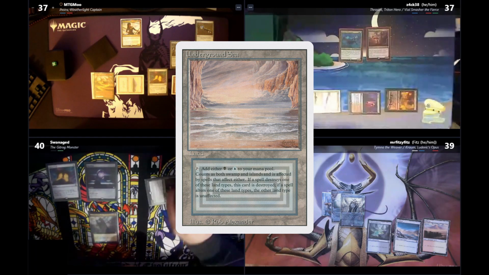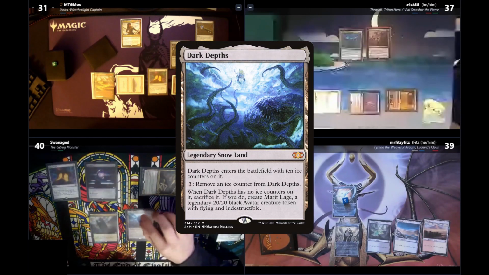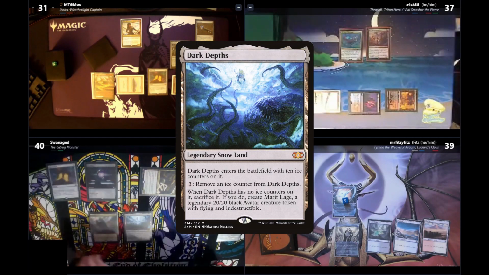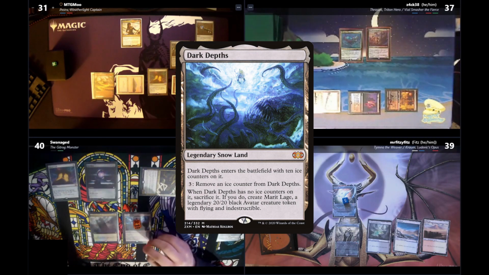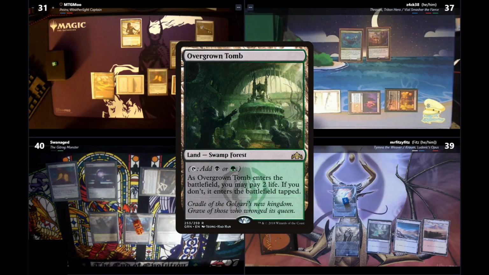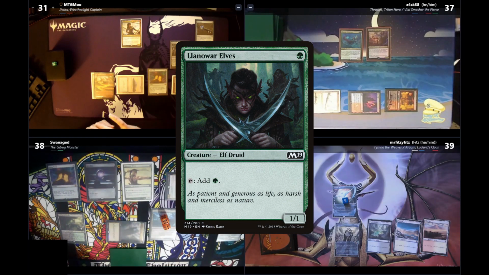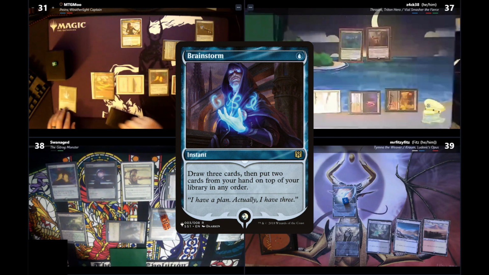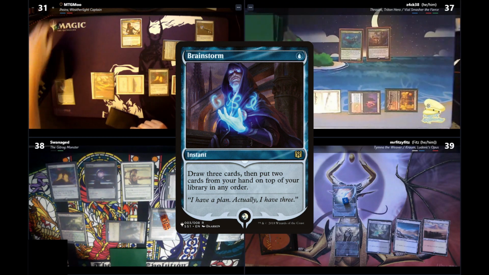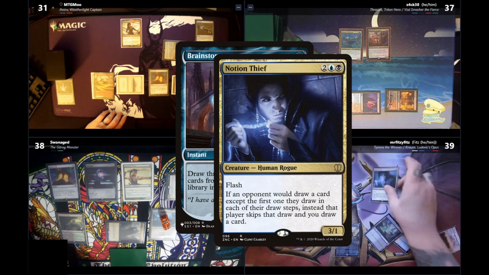See what Swan does. He had a sac of land on his upkeep for Gitrog. Swings Gitrog at me, I take it. Plays Dark Depths. Yeah, casual Dark Depths there. Just chilling, ten counters. And plays an Overgrown Tomb in Atlanta or Elves. Seems pretty decent. On his end step, I attempt to Brainstorm, and in response, Fitz flashes out a Notion